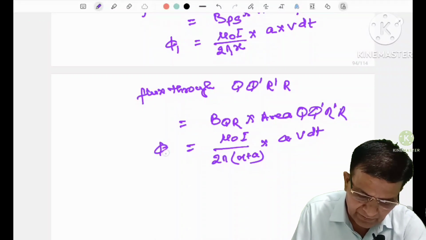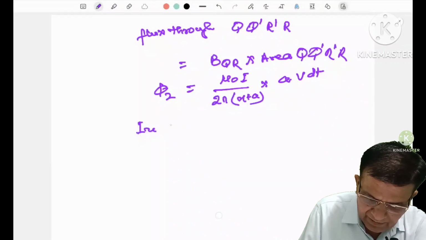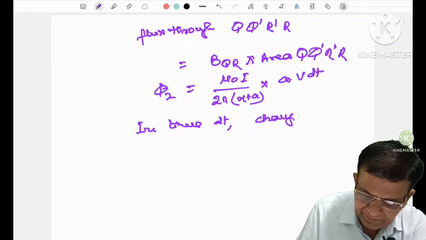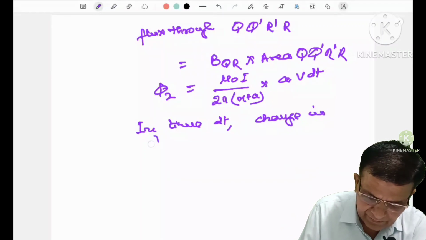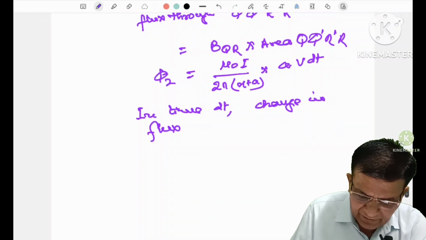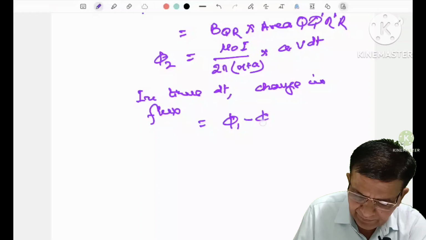This is phi 2. In dt time, change in flux, दोनों का डिफरेंस होगा phi 1 माइनस phi 2।